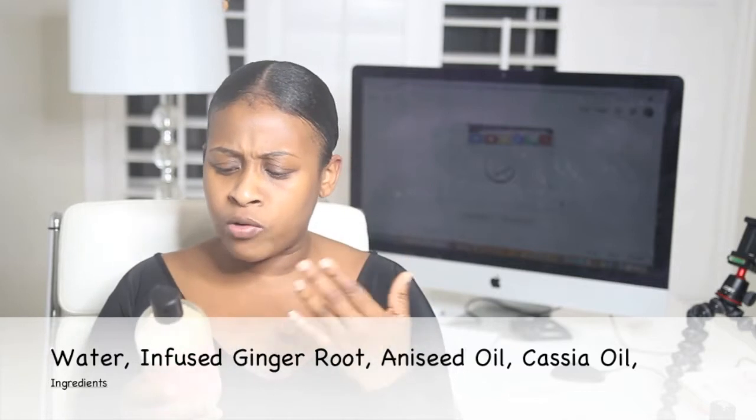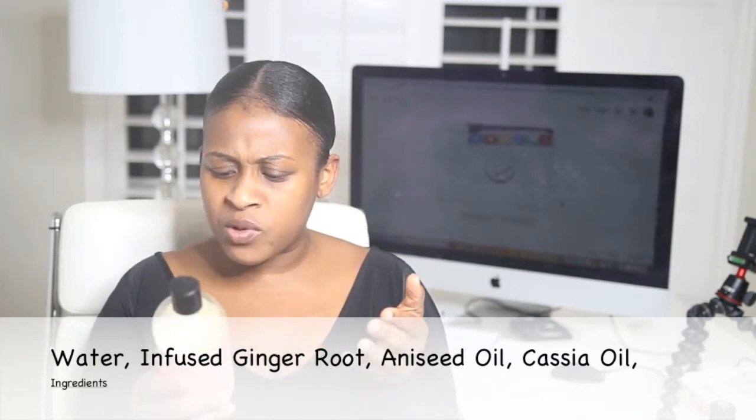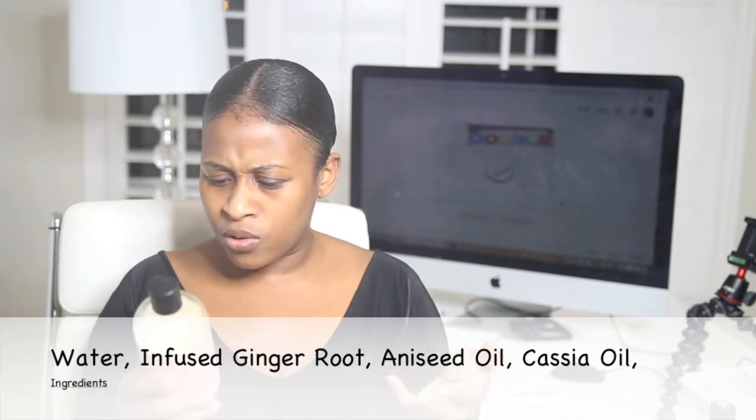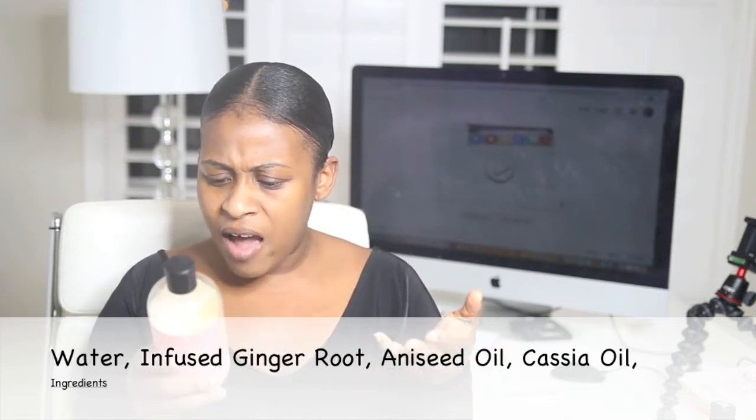It has aqua, which is water. It was infused with ginger roots, aniseed oil, castor oil. It doesn't have any sodium sulfate. I'm probably going on two months of using this now, and I kid you not, you guys, it hydrates the hair, it softens the hair, and it straightens the